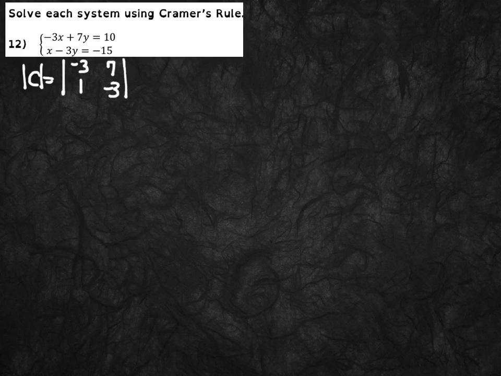And we're going to do downs minus ups, just like we were just doing. So my downs is a positive 9. My ups are 7. So downs minus ups gives us a positive 2 for the first